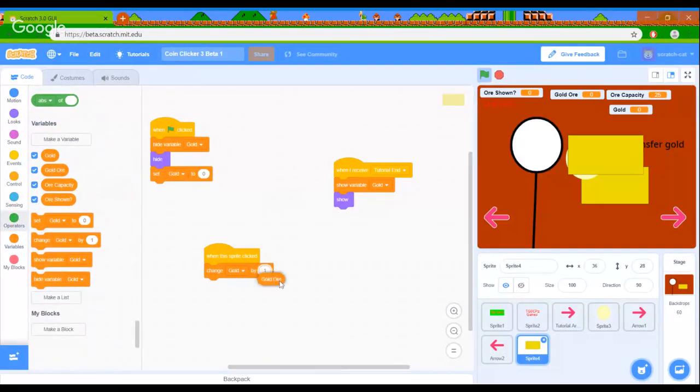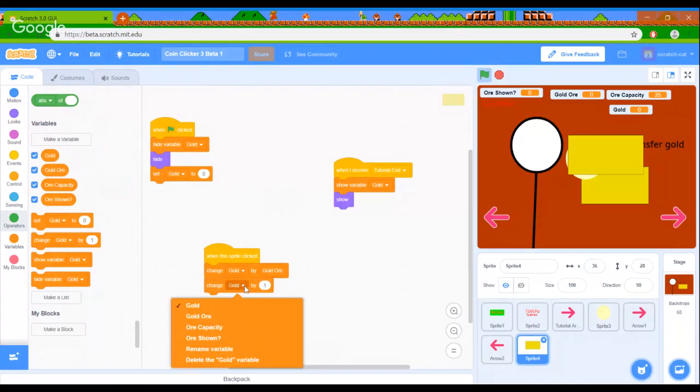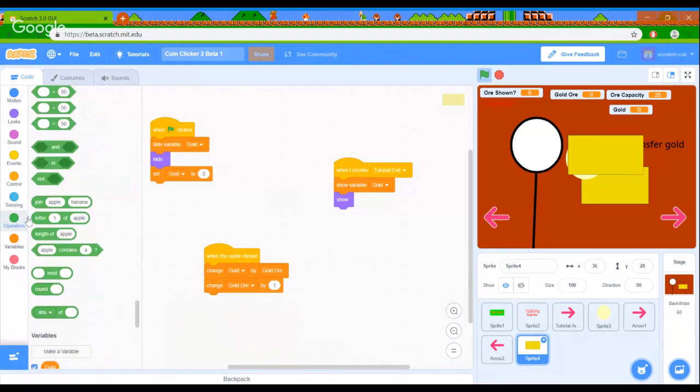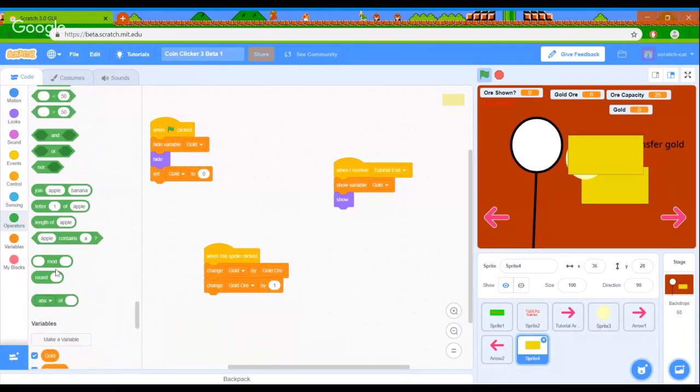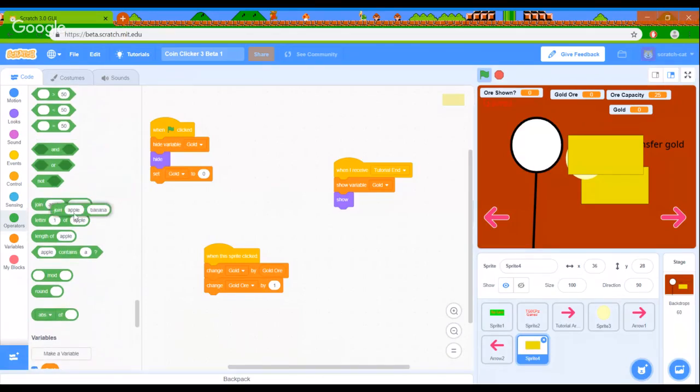Change gold by gold ore and change gold ore. This is the part where you have to join negative